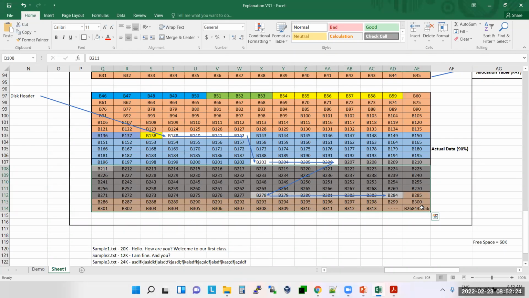What will this optimize algorithm do? It will find all the files which are stored in non-continuous blocks and put them into continuous blocks. Got it? Since it is putting them in continuous blocks, the performance will be good. But the defragmentation algorithm will work only if you have some free space on the hard disk. Around 40% free space is required.